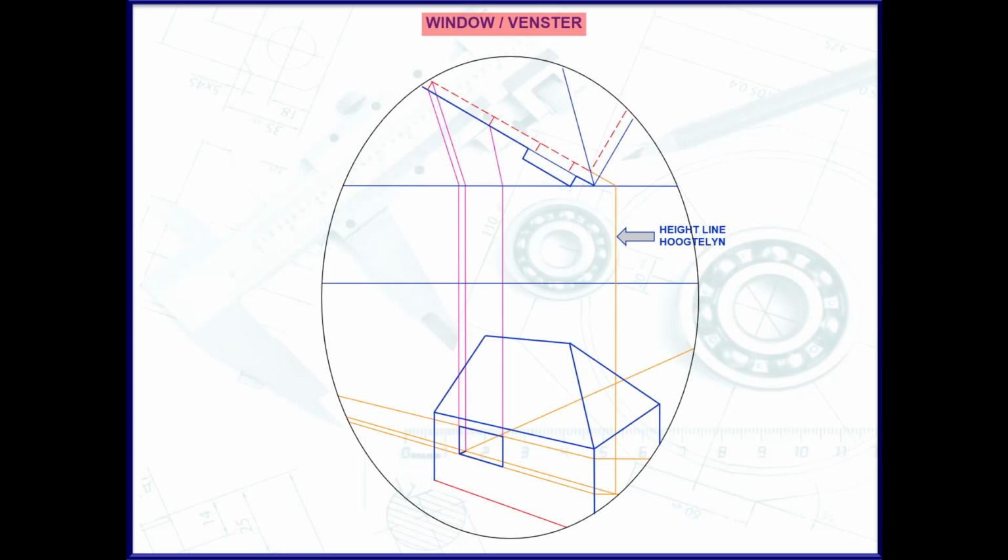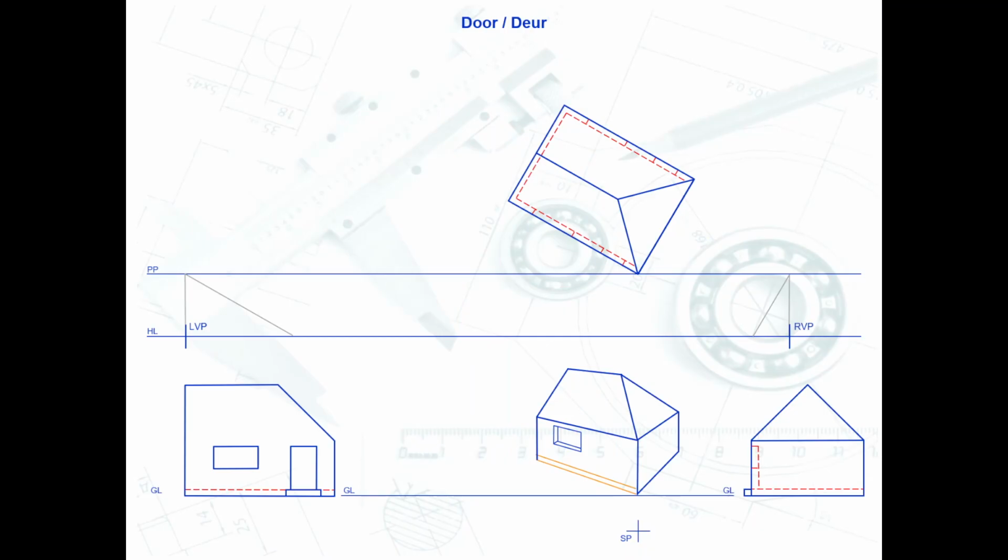I can then complete my inner window by drawing the darker A-type line. Next we will determine the depth and the height of the door. So once again, where my top view touches the picture plane, I'll project that line down towards my ground line to get my height line. I will project the top of my door towards my perspective till it intersects with my height line, as well as the bottom part till it intersects with my height line.